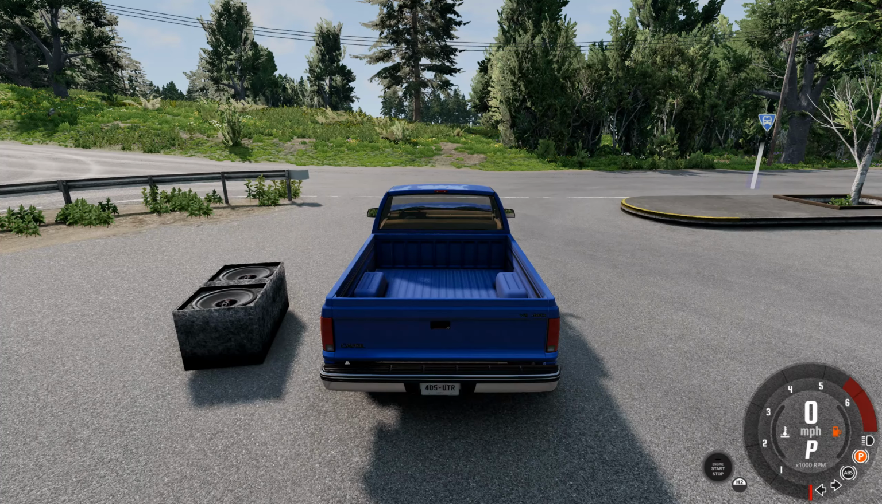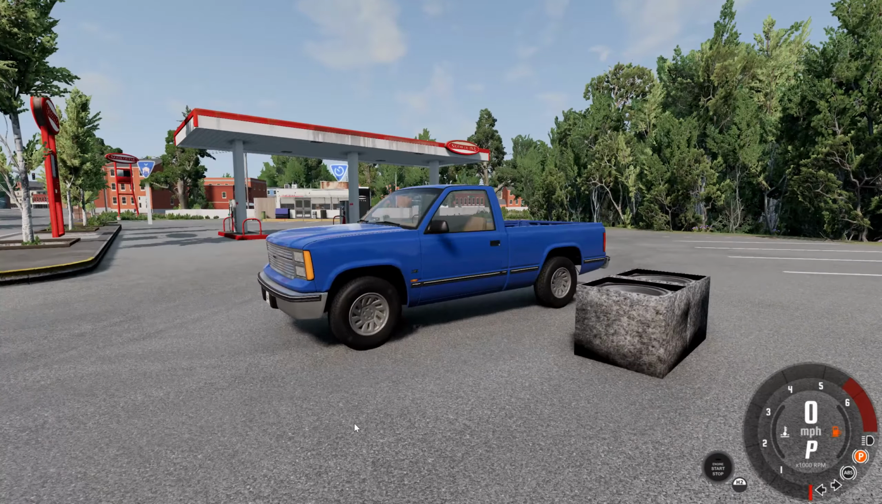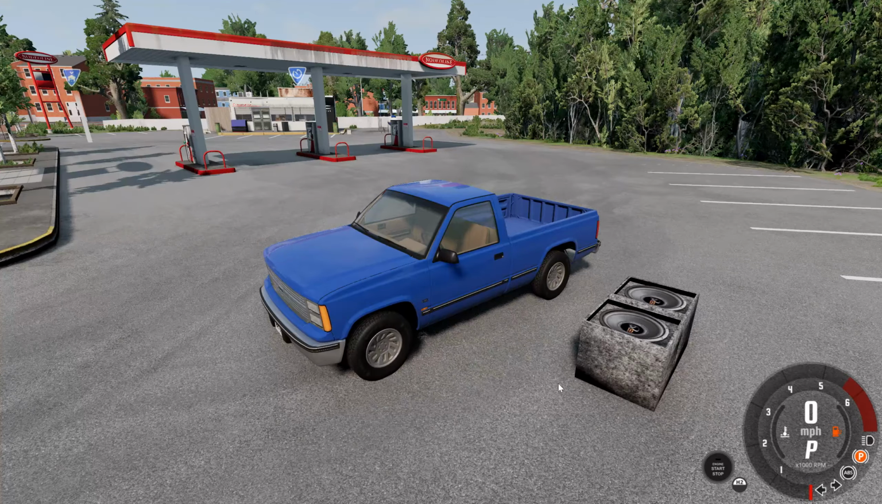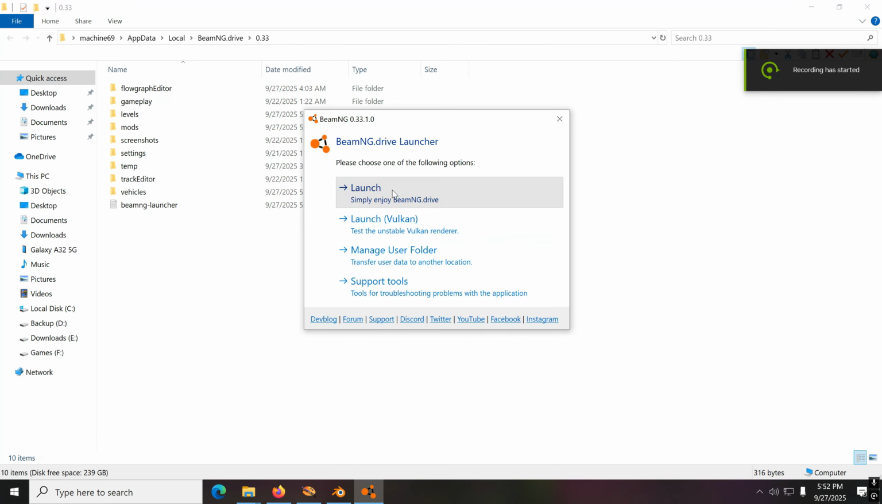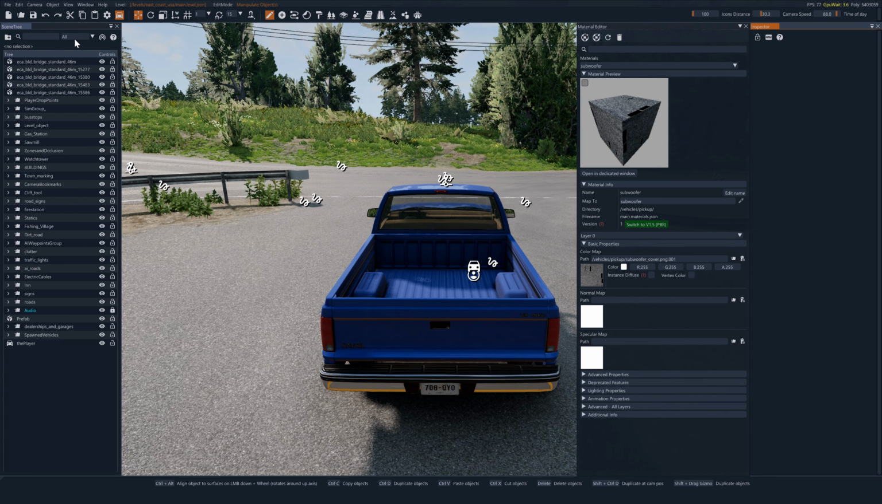What's up, guys? Today I figured I'd do a video and show you exactly how to make this subwoofer box an asset in any map. Alright, so we're going to launch Beam and then load into any map that you want. After it loads in, you're going to press F11, and then once you do that, we're going to click File,